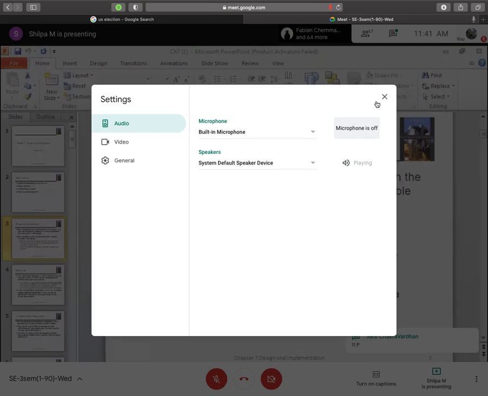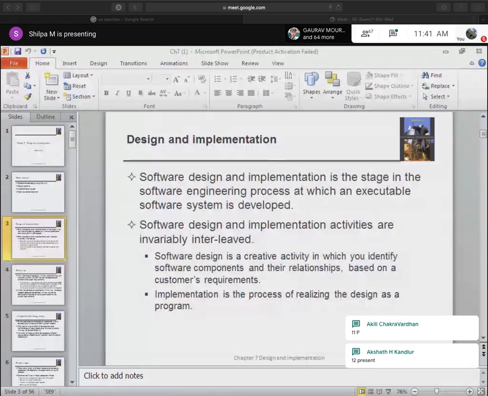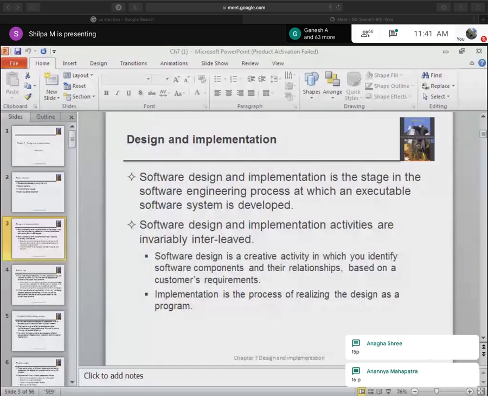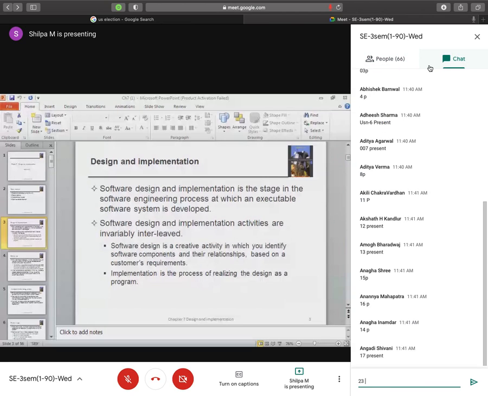Okay. 11, 12, 13, 14, 15, okay, 16, 17, 18, but 18 is not there. 19, so 18 is absent, fine, till 24, 25,